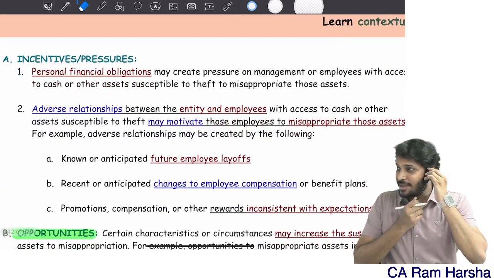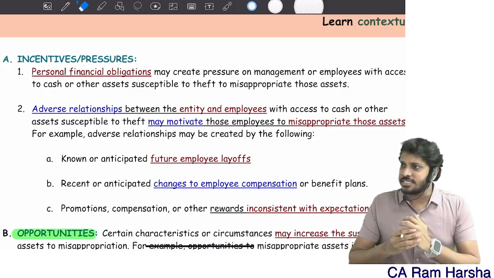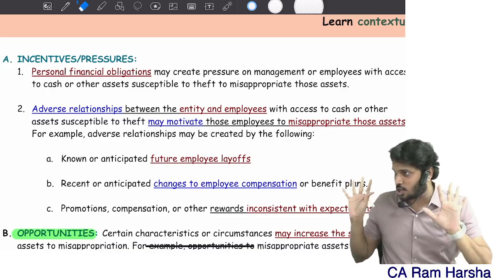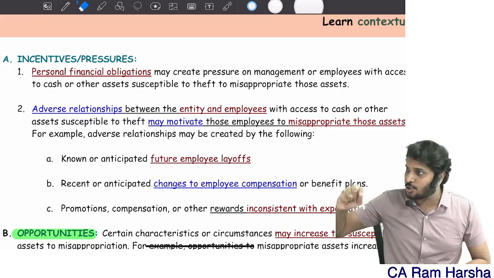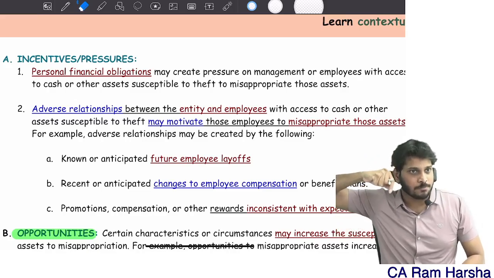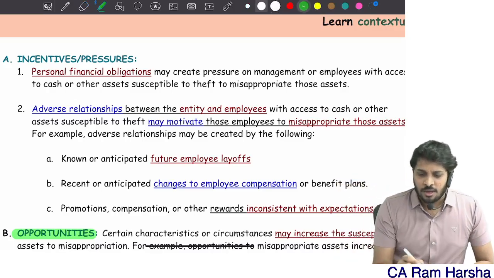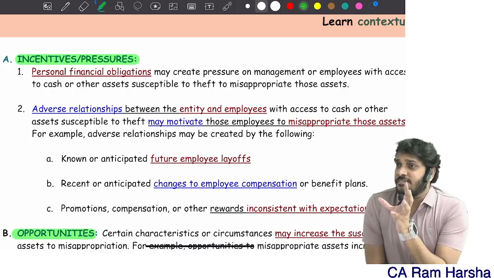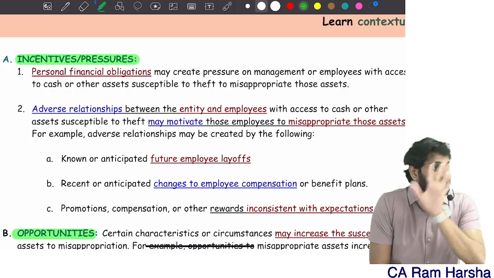Now, will there be any incentives? Like we found opportunities, that is one reason, but opportunity alone is not sufficient. There must be a need for the person. There must be some benefit to him, or he must be under pressure. Either of these 2 reasons could be the reason for fraud. Like pressures. Why will a person manipulate the assets? Why will a person misappropriate the assets? The pressures are different, right?